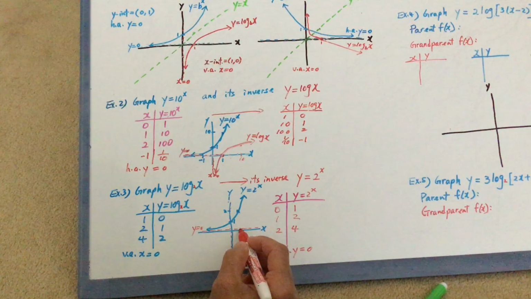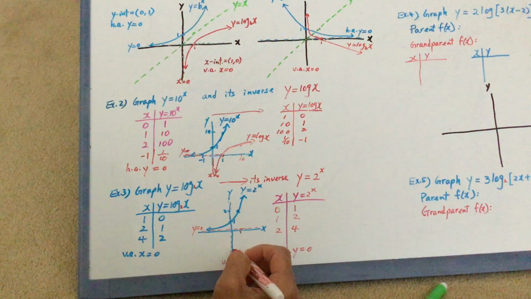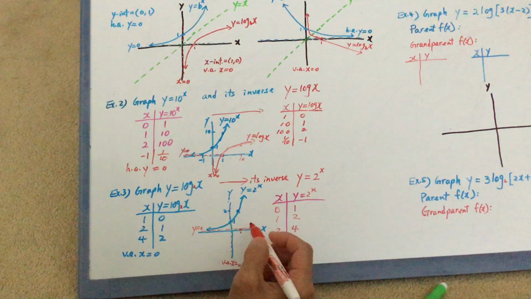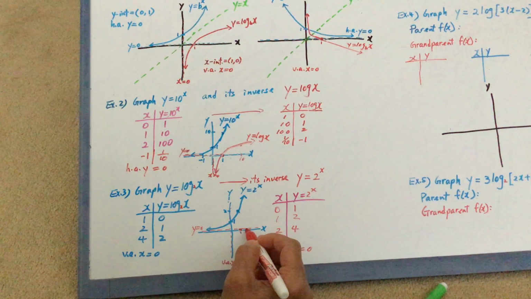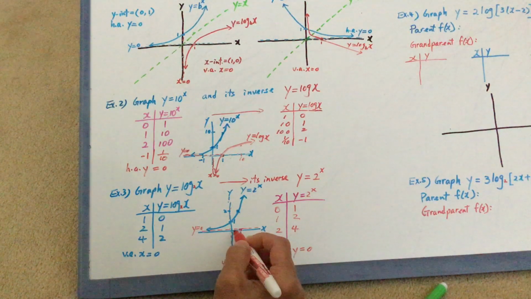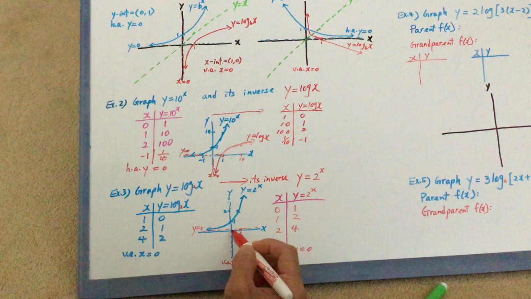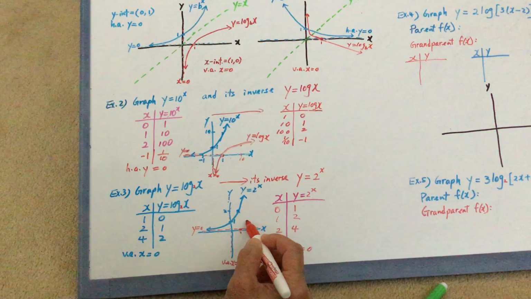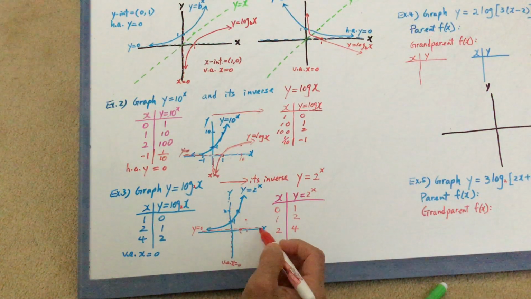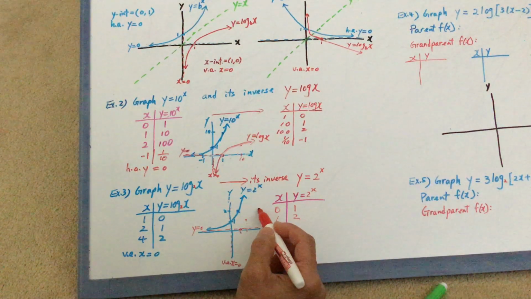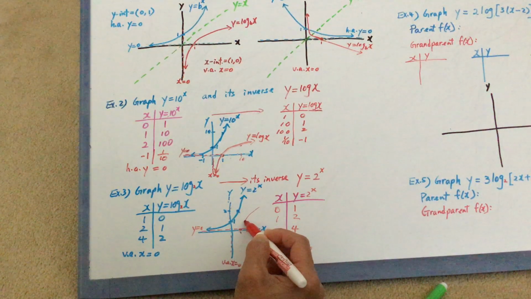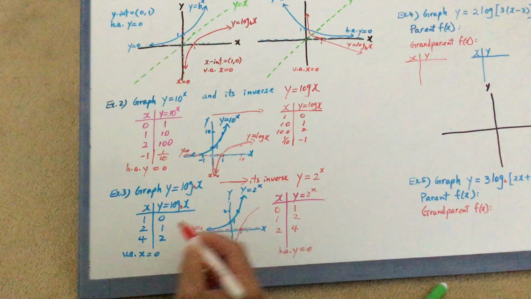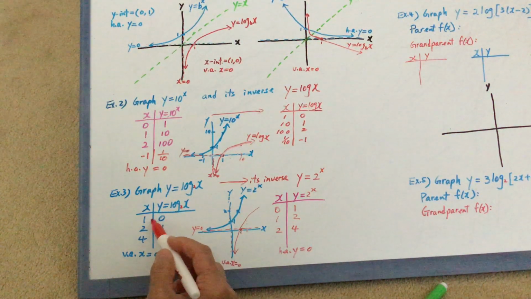So I know that the tails is going to approach the vertical asymptote. What I have here is a 1 and a 0, and a 2 and a 1, and then a 4 will be a 2. So I know that my log function is going to be like this, crossing the x-intercept at